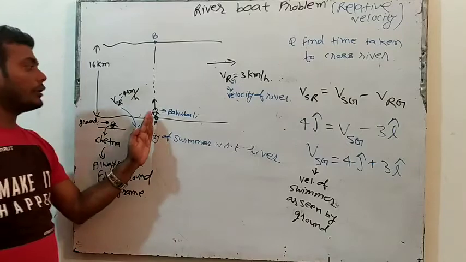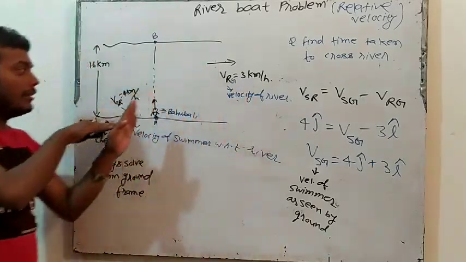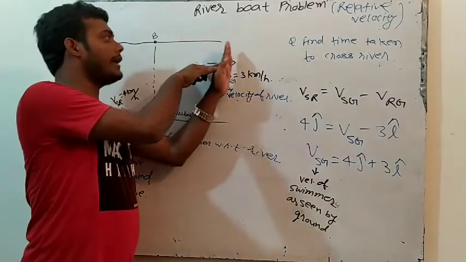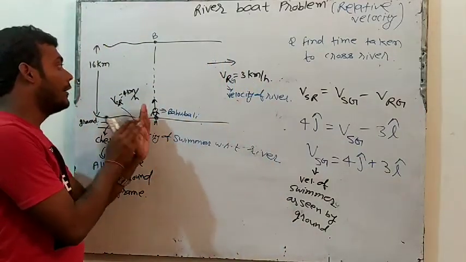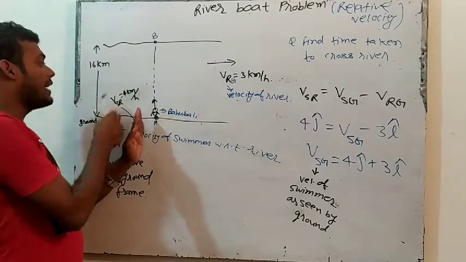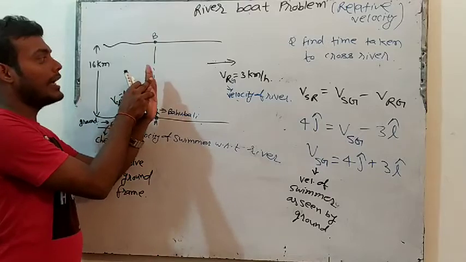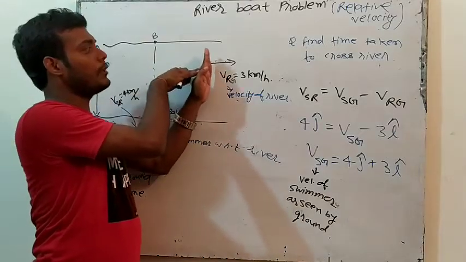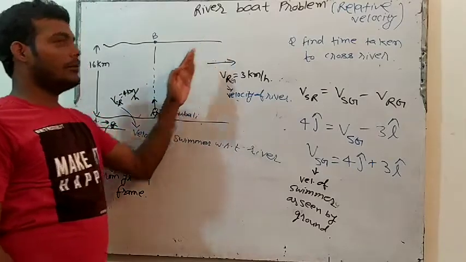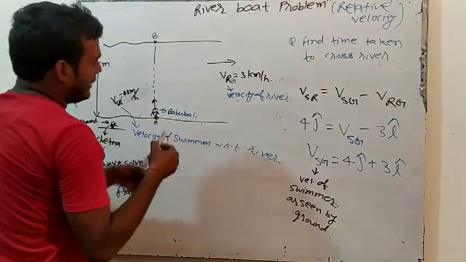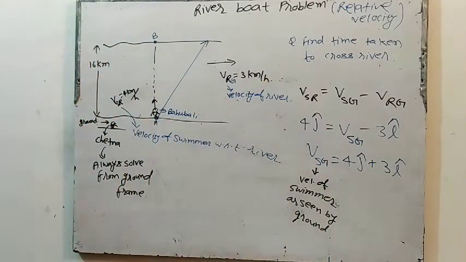Now, if suppose you want to go like this and river is pushing you, river is also flowing, so you will go like this. Now, अब ऊपर भी जा रहे हैं and you are going like this also. Because Bahubali is going in this direction with a speed of 4 km per hour in y direction, as well as river is pushing them with a speed of 3 km per hour. So Bahubali will go like this.